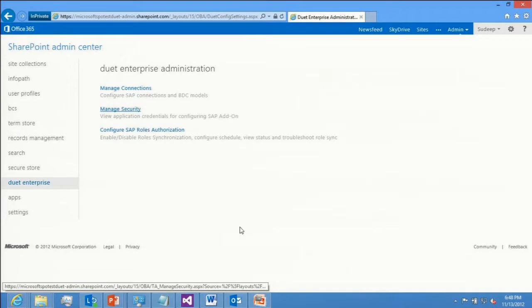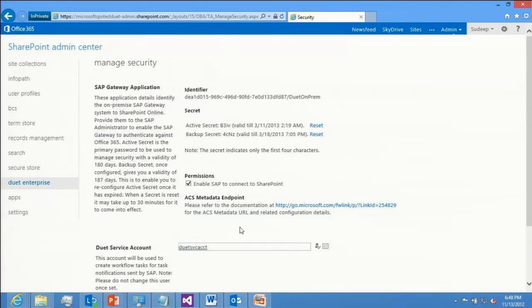The other thing you can do is configure the security. So as I said, the identity platform is what ties all the different components together. The identity platform is also the thing that gives each of these components an identity, an app principal. And so when you sign up for Duet, the first time you'll see a link which says get an identifier. You click on that, and ACS will issue an identifier as well as a secret. So this is like a username and a password. And this is the combination of credentials that will need to be configured on the SAP side as well.